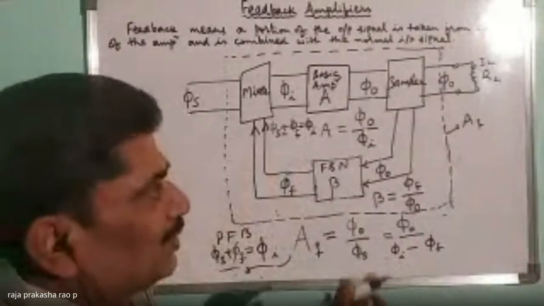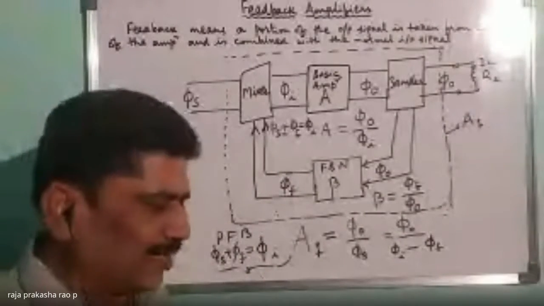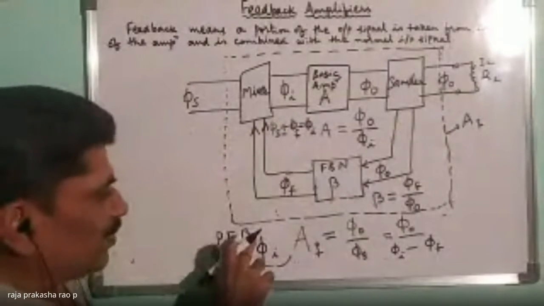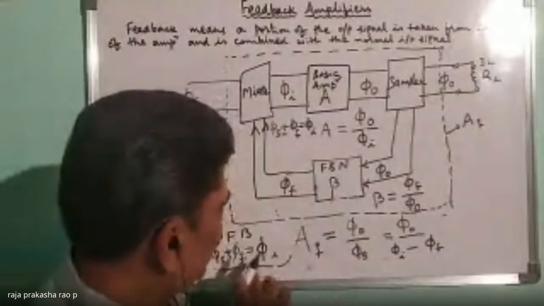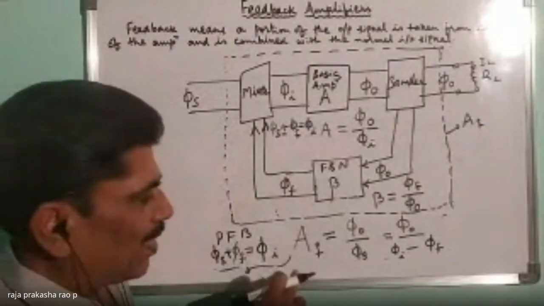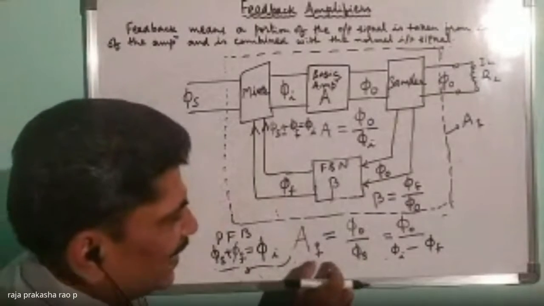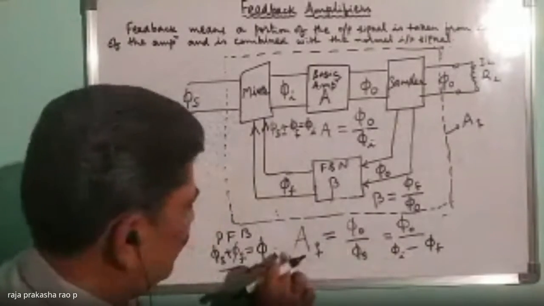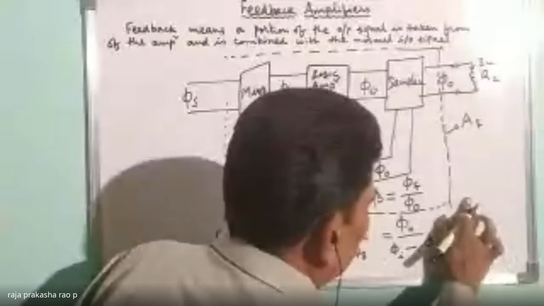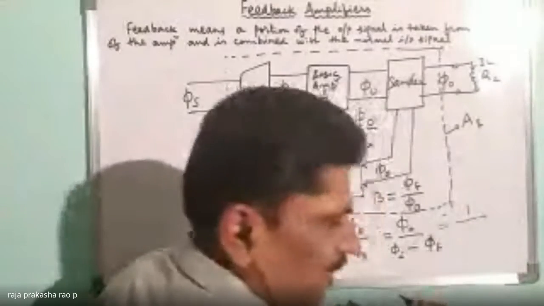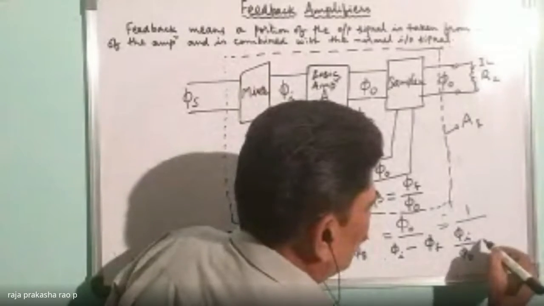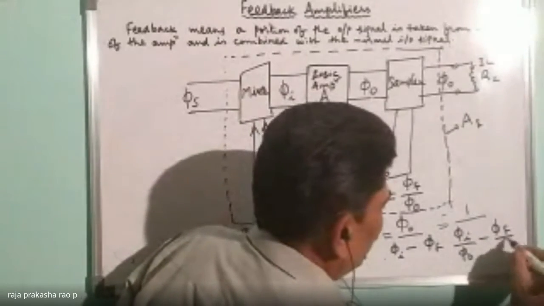We are deriving this. We are trying to find out the feedback gain for the positive feedback amplifier now. Positive feedback. Next we will see negative feedback. So for the positive feedback, signal is added to the input signal. So phi s plus phi f is equal to phi i. So from this, the feedback gain is equal to phi naught by phi s. Phi s equal to phi i minus phi f from this equation. So AF is equal to phi naught divided by the denominator, then you will get phi i by phi naught minus phi f by phi naught.